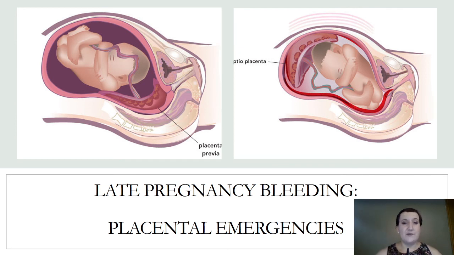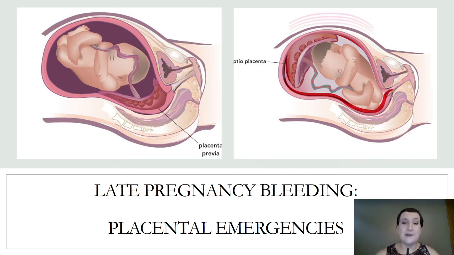After about 24 weeks of gestation, if we have vaginal bleeding, we're able to bring that patient in and hopefully still leave the hospital at some point with a healthy mom, healthy baby. One of the things that we're going to be very concerned about is something called a placenta previa. I know that I have talked about it several times, but essentially what we have here is a placenta that decides to implant in the lower segment of the uterus.